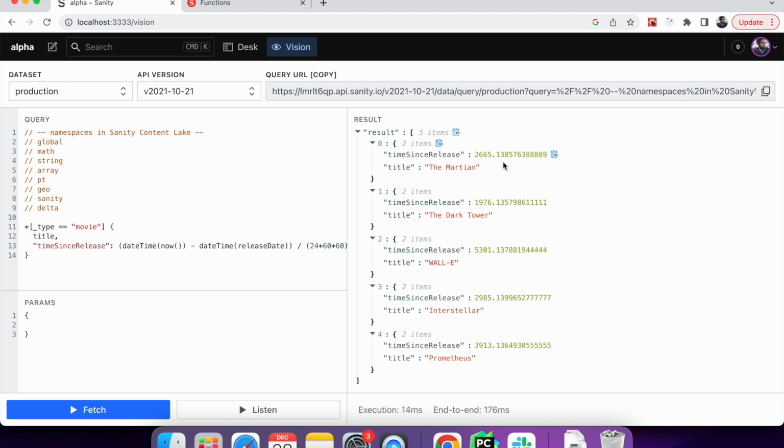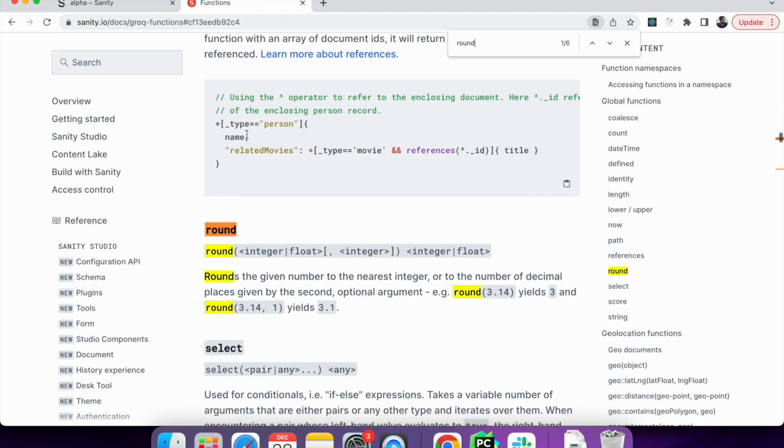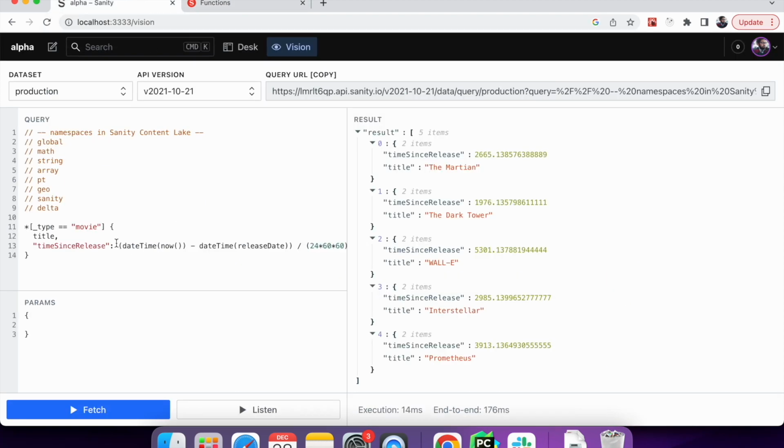Now it's a fraction. We have a decimal here. So let's see if we can round it up. If I come here, you can see we have a global function round, where we can pass the integer that we want to round to the nearest integer, and we can also pass how many decimals we want to round it to. So in case of days, we don't want a decimal at all. One way to do it is that we can wrap this whole thing into the round function, or the other way we can do